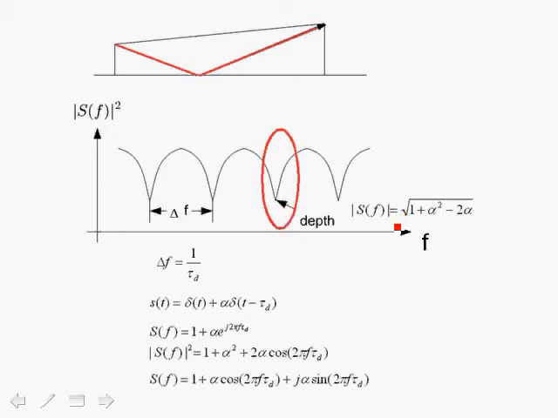So two things affect this. One is the amount of the reflection and of course the time delay itself. The larger the time delay, the worse the situation, the more the deep fades bunch up together, sort of like a banjo, and you have a very negative effect. And if the delay is smaller, then you have fewer of these within a bandwidth, and of course you could have a better situation. We're going to see a lot of this later when we talk about how to model